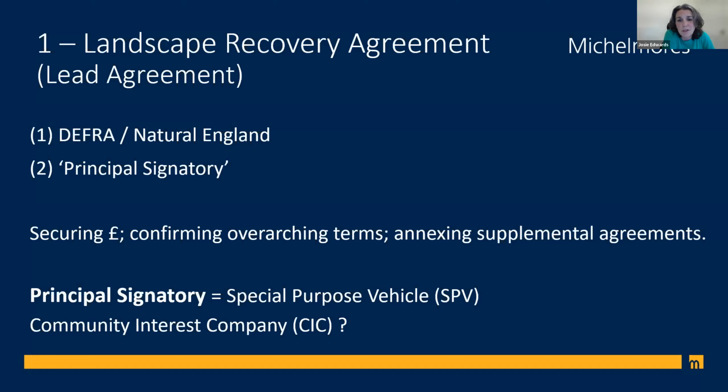As Julia said, we don't have a huge amount of detail on the payments yet, but we are talking about 30-year schemes at a scale that hasn't been done before. The limited company structure also provides flexibility if, as is likely, there are any future changes in ownership or the stakeholders involved. You can deal with that via share transfers, change in directors, etc. And the SPV, as I said, would be the controlling entity. They would direct management and enforcement, and the SPV would be the conduit for the money that's payable under the scheme.